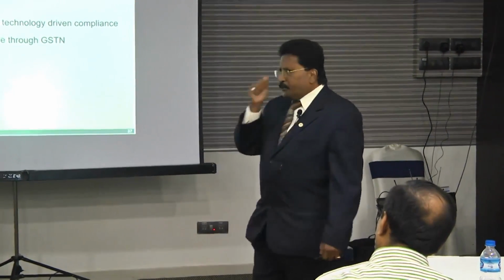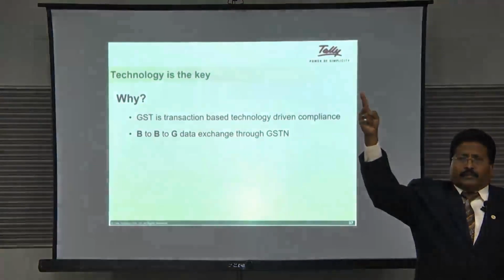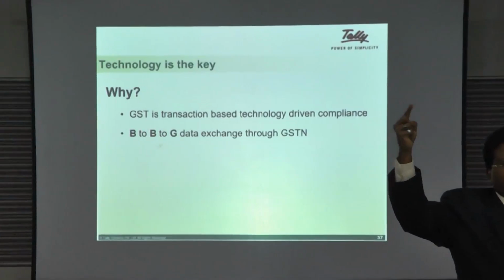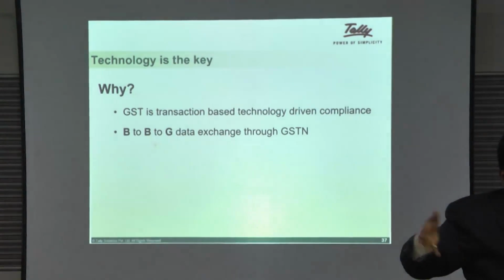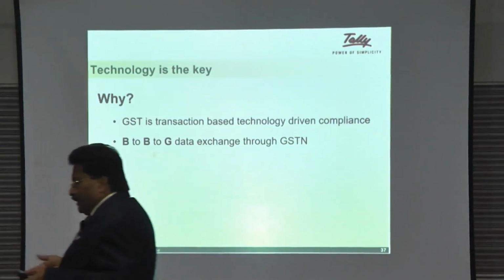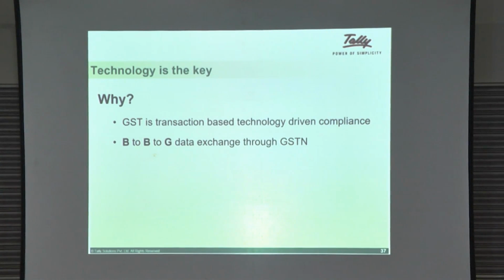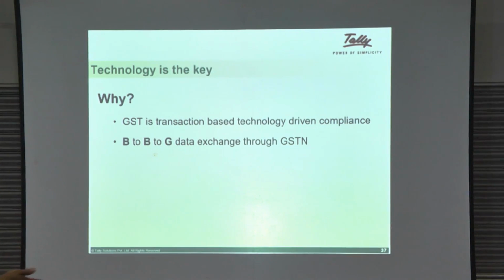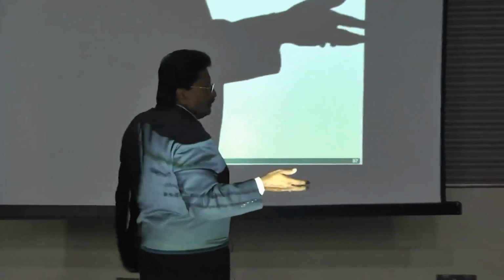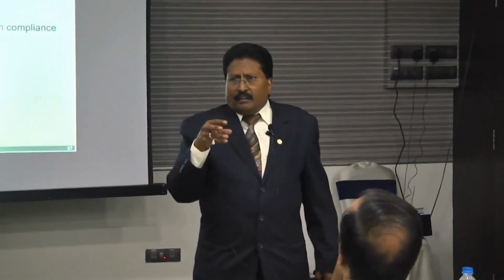And this is going to be pure B2BG, which means your data is going to be available on the GSTN portal. If you see the backbone or the infrastructure that the GSTN is creating, it is a 1,300 crore project. Because the estimate, when the exemption threshold limit was 5 lakhs and 10 lakhs, was that somewhere between 6 to 8 million people will file their first return,